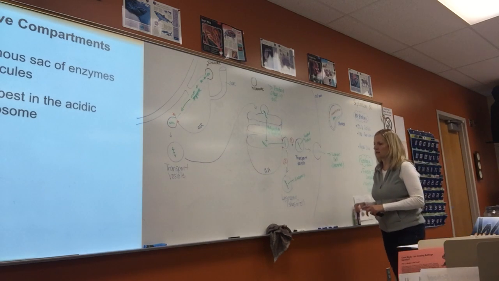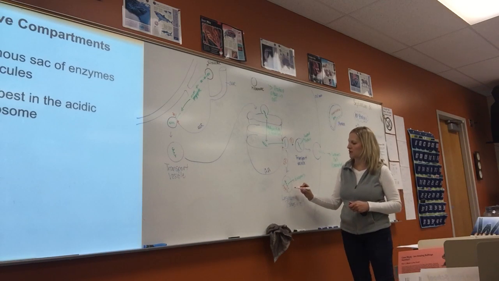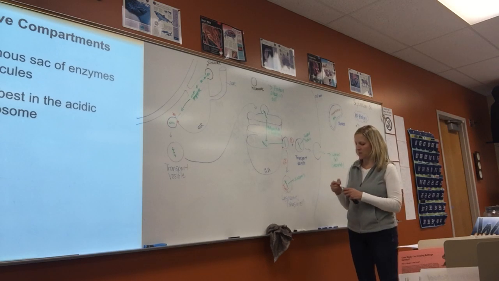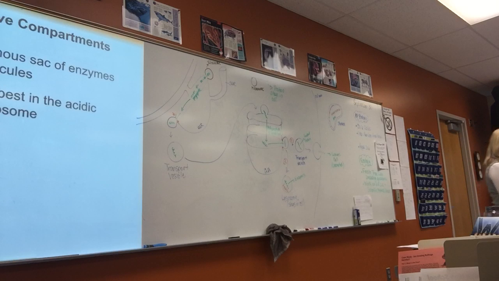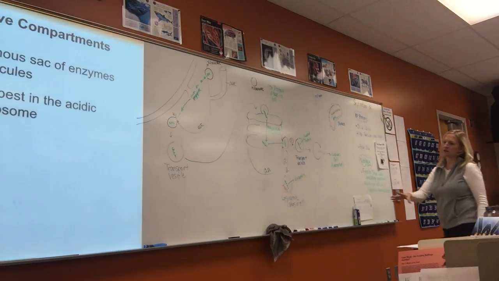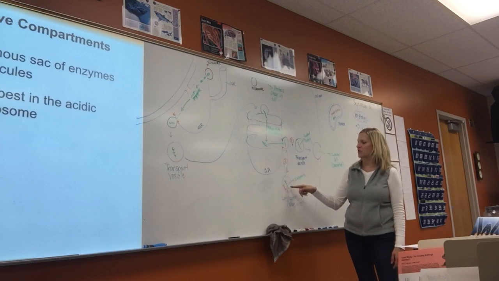So inside the lysosome is very acidic, and that's because, remember, proteins are very sensitive to pH. Most proteins in our body, and enzymes, work best in a more neutral pH, but there are certain ones that work best in a more acidic pH. And so a lysosome has acid in it, because that's the pH that those enzymes